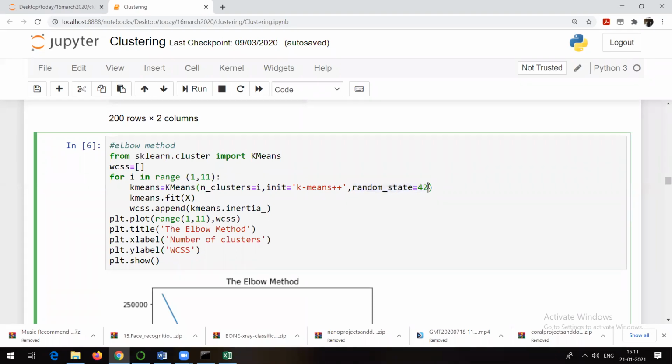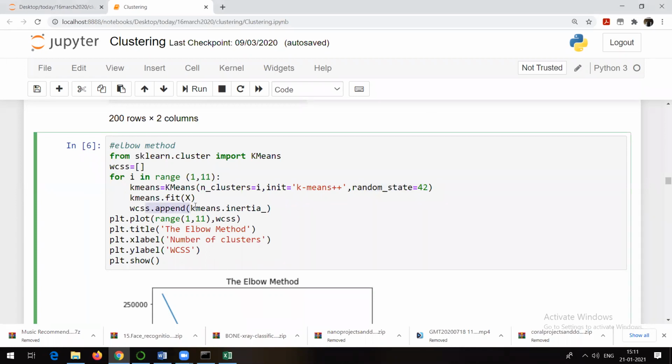Random state equal to 42 is not compulsory. It can be 1000, it can be 2, 15, 49, anything. It is just to read the data in random fashion. Why? Because the algorithm should get the overall idea about the data set. This one you might have seen in case of train test.